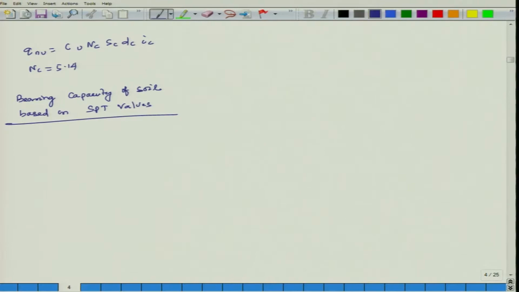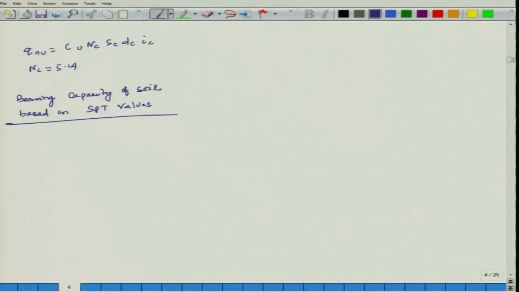In the standard penetration test, you are supposed to get N values for the last 30 centimeter of penetration. From the N value there are correlations, and you get your phi. Once you get the value of phi, from there you get your bearing capacities. This has been given by Peck,